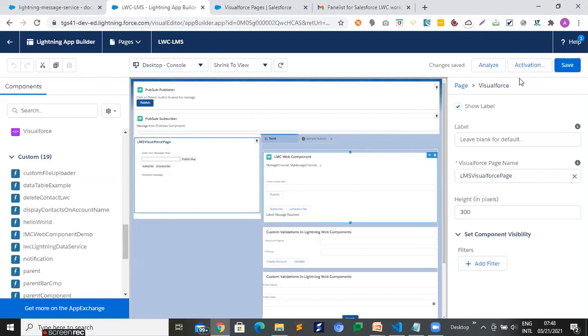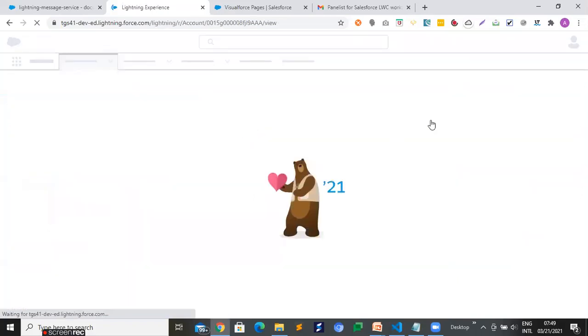Activation is basically a one-time activity. After that, whenever you make any changes, you just need to click on the save button, right? And when you click on the back button, it will show the page as you set over here, right? And you can utilize the component or functionality you implement over there, right?